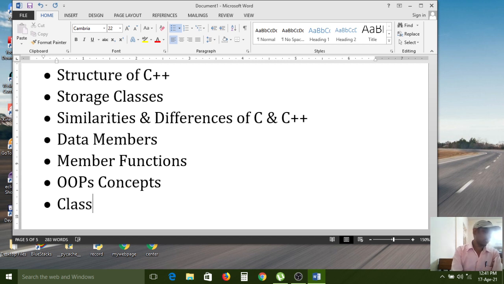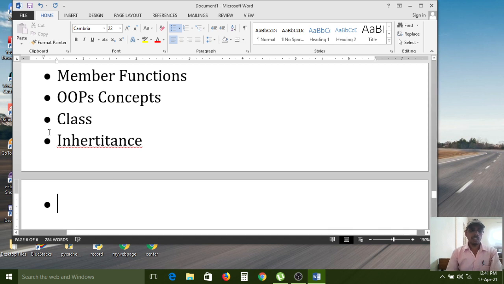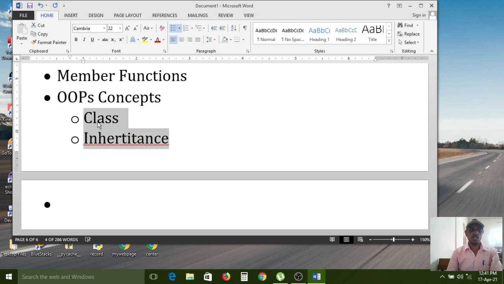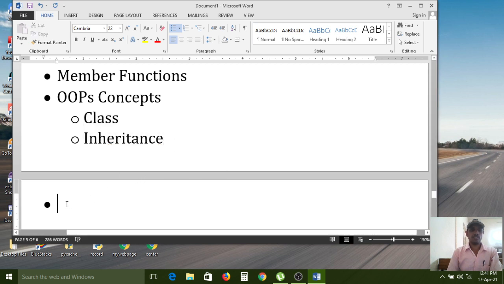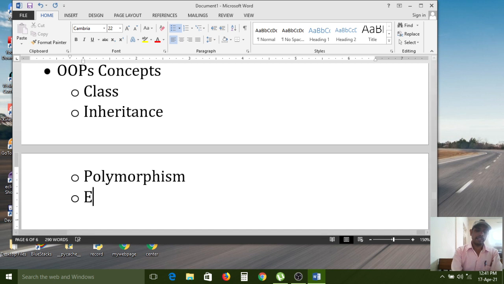Next, classes. Class. Inheritance. Actually, these all come under the OOPS concepts. Inheritance, polymorphism, encapsulation.